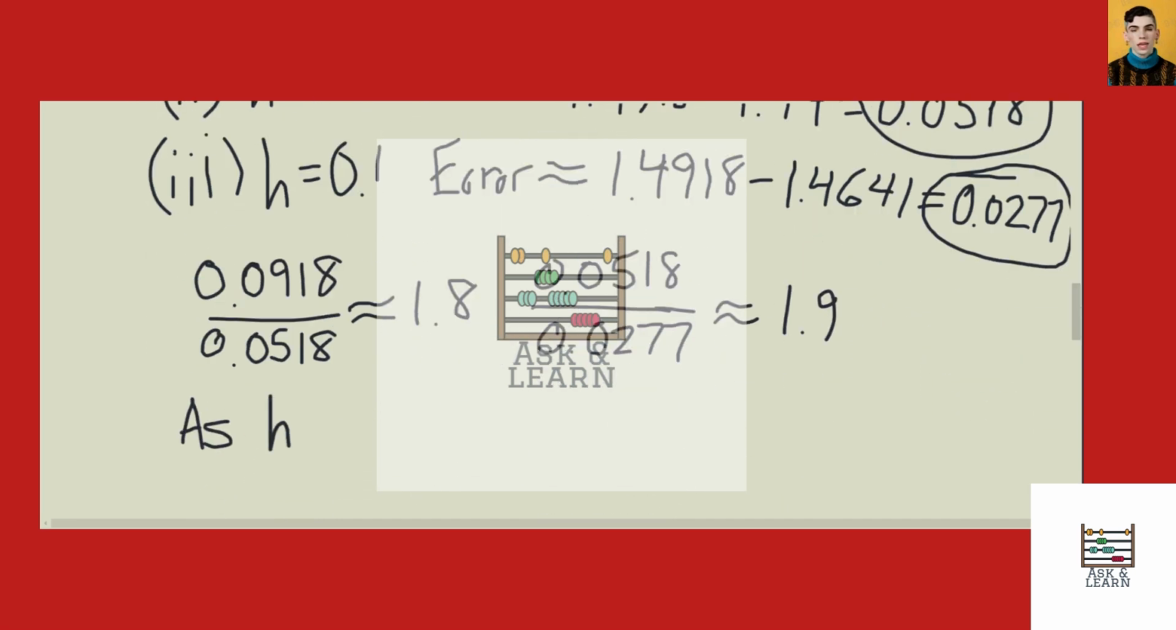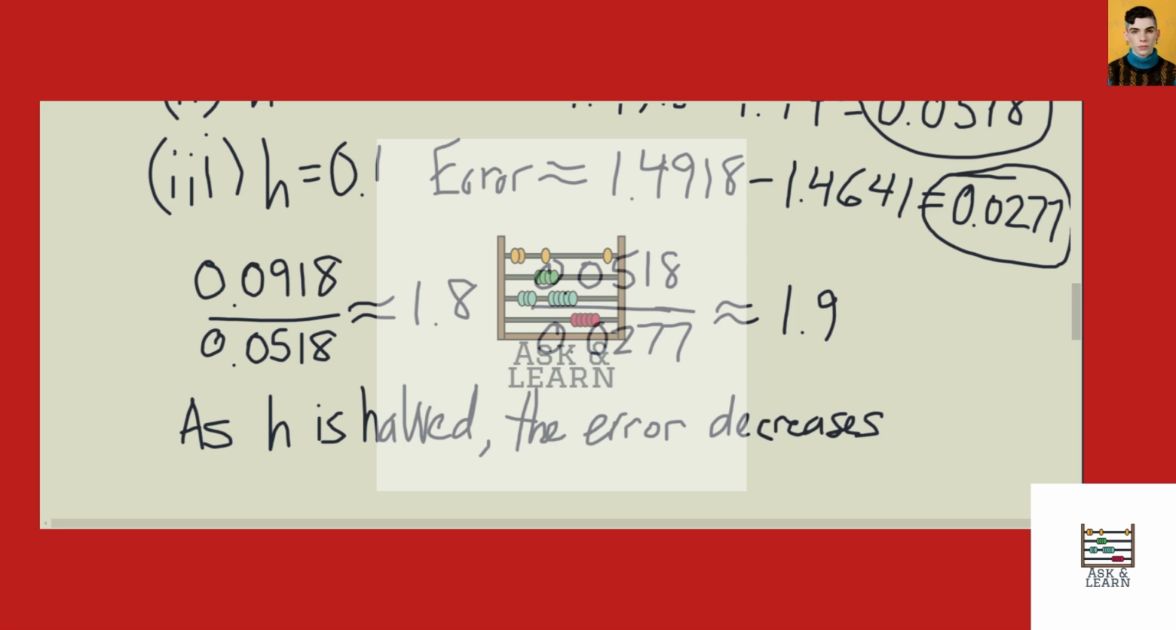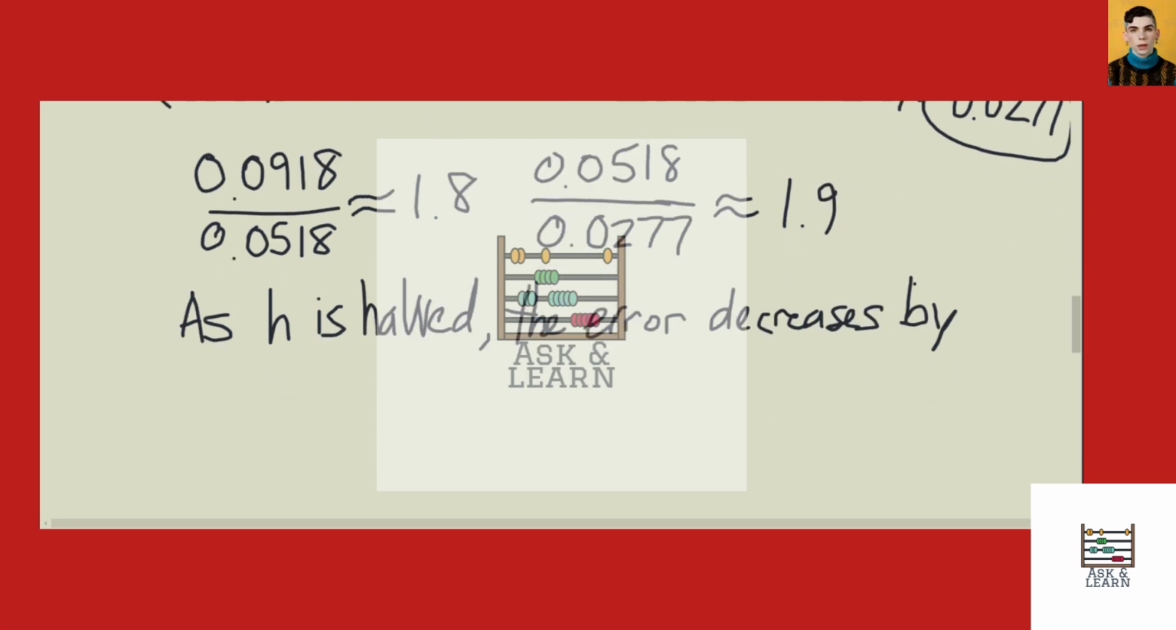So you see that as the step size h is halved, the error, well, you see that not only does it decrease, it decreases by about a factor of 2. So the